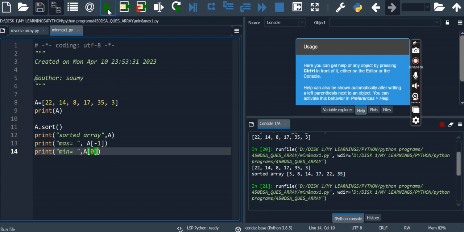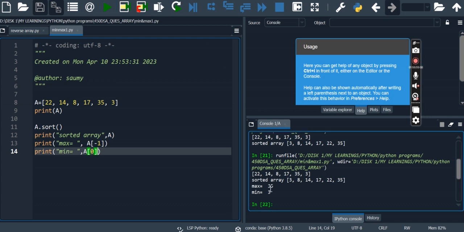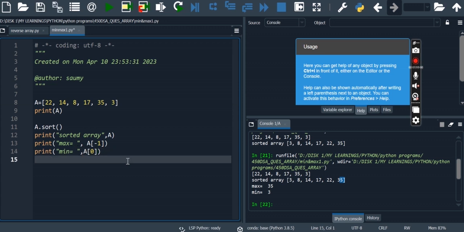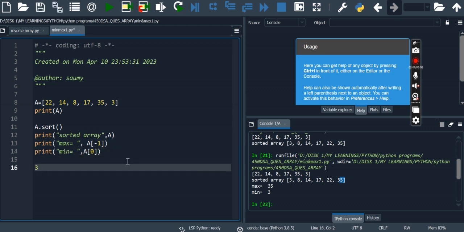Let's save and run this once. So we can see we are getting the first element as the minimum one and the last element as the maximum. Okay, so this was our very first method, and we know here the